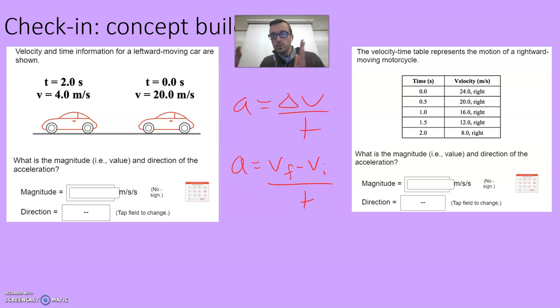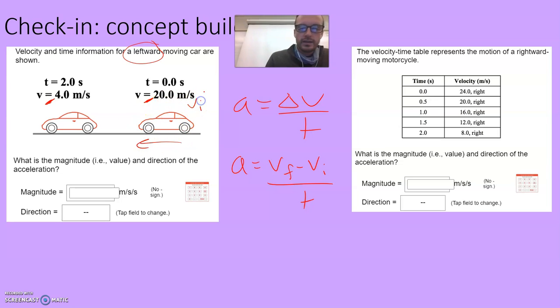So let's look at these two side by side. These were 2 of our concept builder questions. Look at this first one. This thing's moving left. So right away, we have to remember, if you're moving left, that means your velocity is negative, because left is one of those negative directions. It says, what's the magnitude and direction of acceleration? Okay, so let's take a look here. Since the car is moving to the left, this would actually be